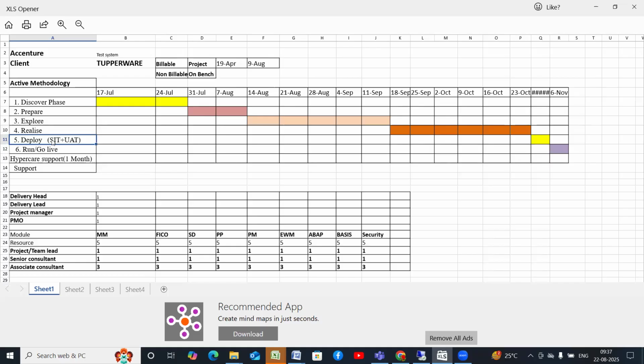In development system. So once configuration is done, with the help of the transport request number, we will move all the configuration from development system to the quality system, and then we will test it in the quality system. So first we will be doing the SIT. SIT means system integration testing. So MM-FI integration, MM-SD integration, MM-PP integration, MM-EWM integration, whichever integrated modules are there, we will test with them initially before doing it with the client. Before doing it with the client, we do it within the team first,